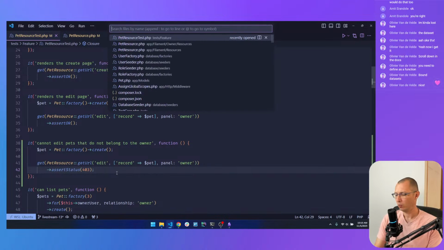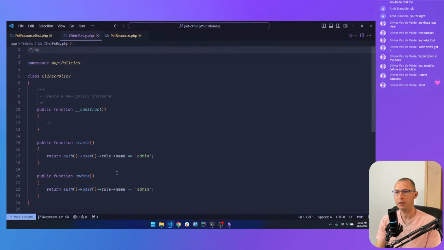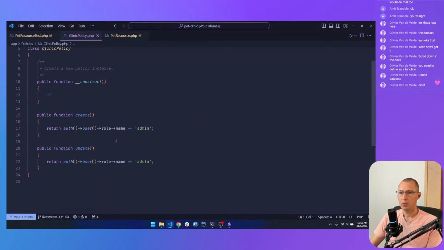No, we don't. What policies do we have? We have a user policy and a clinic policy. Let's take a look at the clinic policy real quick. Create and update. So yeah, we need a new policy for pets.